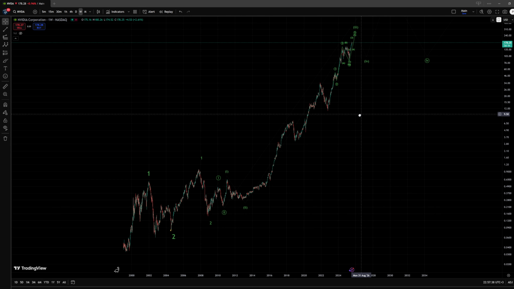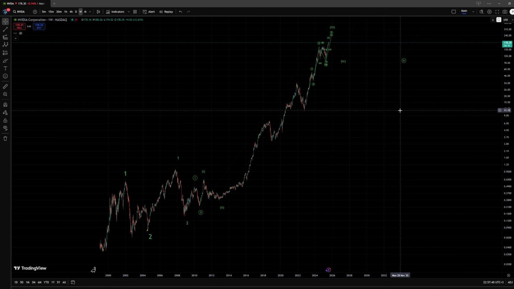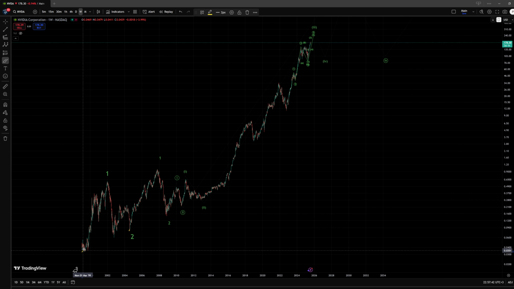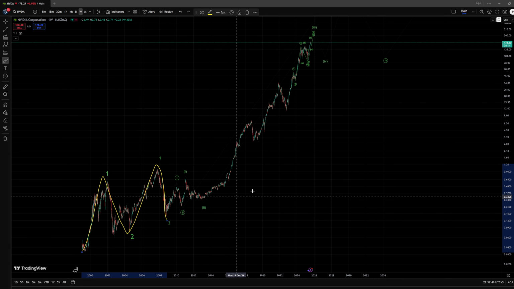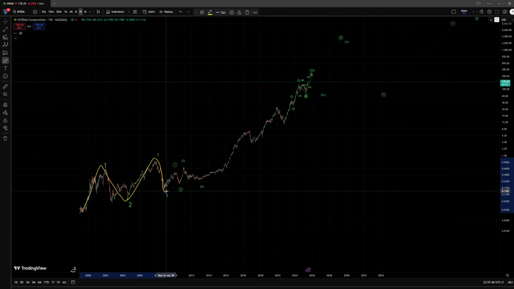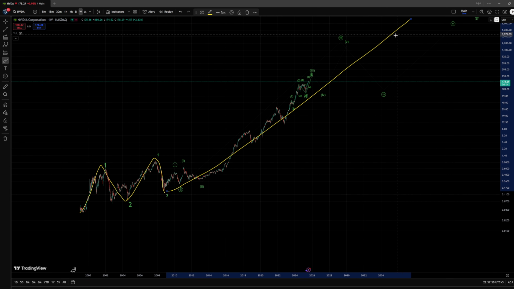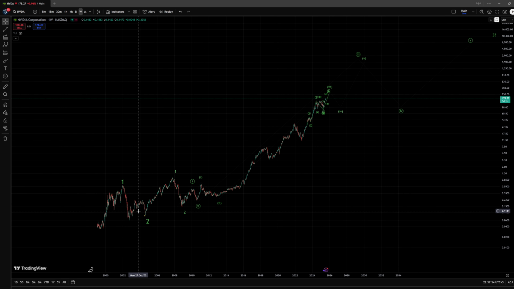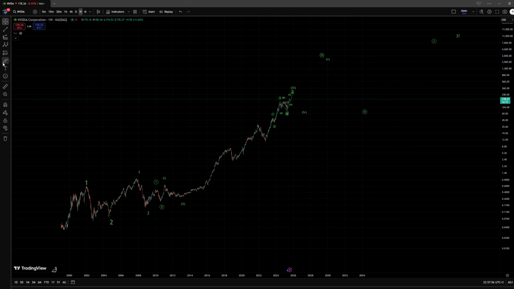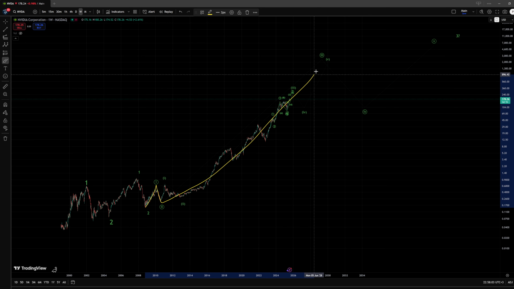In this video we are looking at Nvidia, and here on the large time frame we have a wave 1 up, a wave 2 down, and then another 1-2 setup, and now we are still within this very large third wave to the upside, and within it we expect to see a 5-wave move in an impulse, and within it we have a wave 1 up, a wave 2 down, a third wave up.